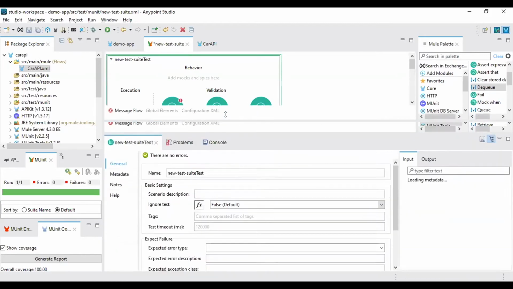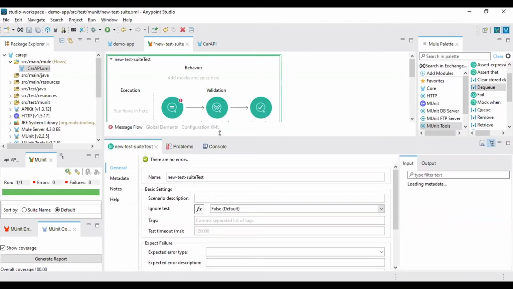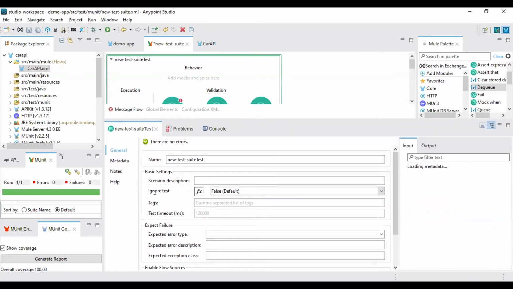Here it provides a lot of features. The ignore test is used if you want to ignore a particular test. If you are creating a number of test cases and in a particular scenario you want to run only a few of them, you can set that one to true, and then that test case will not run.